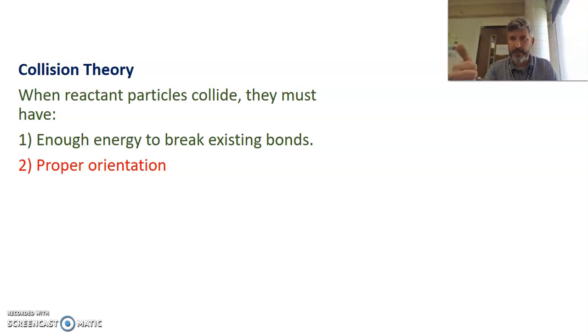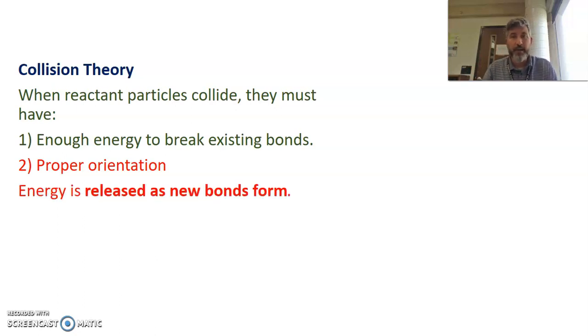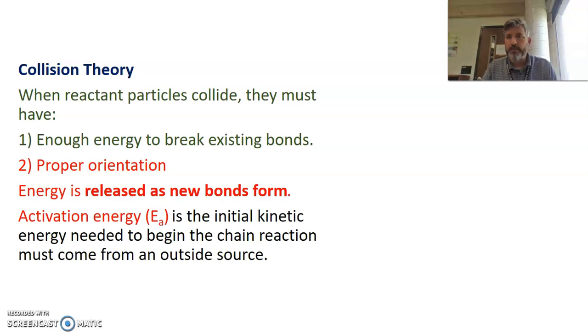Okay, so they have to have enough kinetic energy to break those existing bonds, and they have to be oriented properly. Now, if that happens, we're going to get energy released, as we already know, as new bonds form. Okay, that's an exothermic process, right? Now, specifically, in terms of a little bit of vocabulary here, we have this thing called activation energy. So this is like when we strike a match or spark a fire of any kind. We're providing the activation energy to get those old bonds broken so that we can kind of start a chain